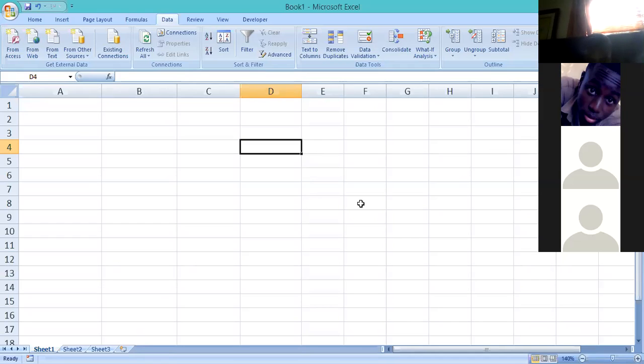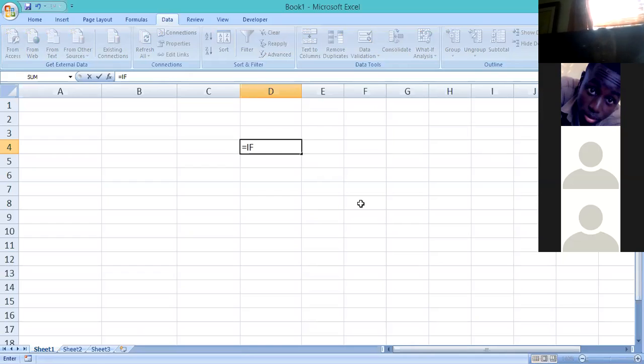So we did count if and if function in class already. So this on the activity here, we would have already done this. So this is just revision. So this here is asking us to say whether the student pass or fail. And we'd use the if function to do that. So it would be equal if,